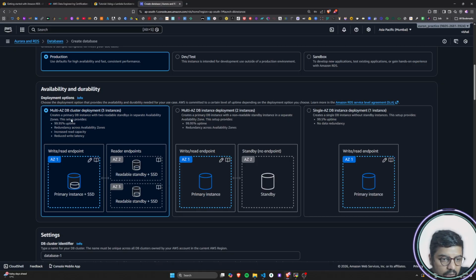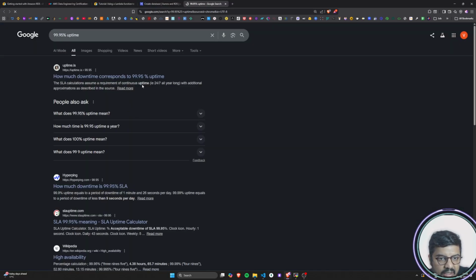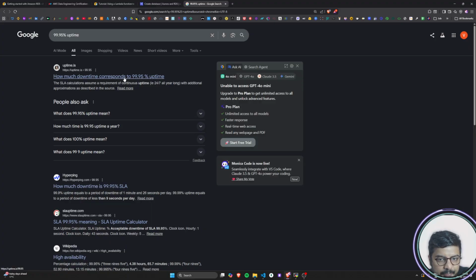Here also you will be able to see that this creates the primary database instance with two readable standbys in separate availability zones. This setup provides 99.95% uptime. Uptime means that if there is any kind of issue, at least this much is available. So if I check about this, it means that over a year,